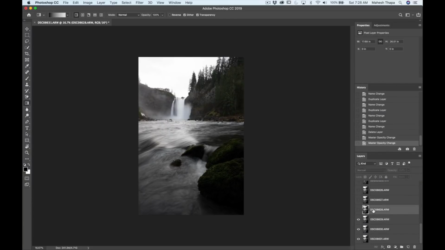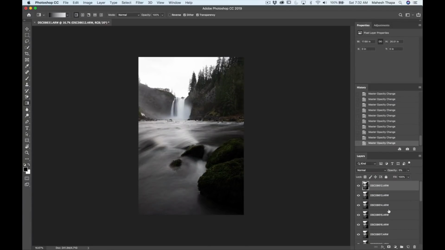Okay, choose this one, turn it on, make it 1 over 4. So I'm going to quickly do that to the rest of the images. I'm not going to bore you with each of the calculations. Here now we have the final image where each layer has contributed a certain percentage to the overall image. You notice the water looks very nice and smooth, and the highlight details are pretty well maintained, shadow details are